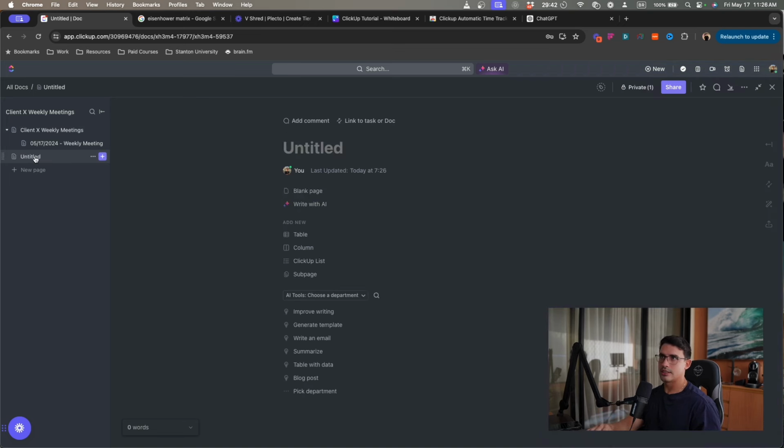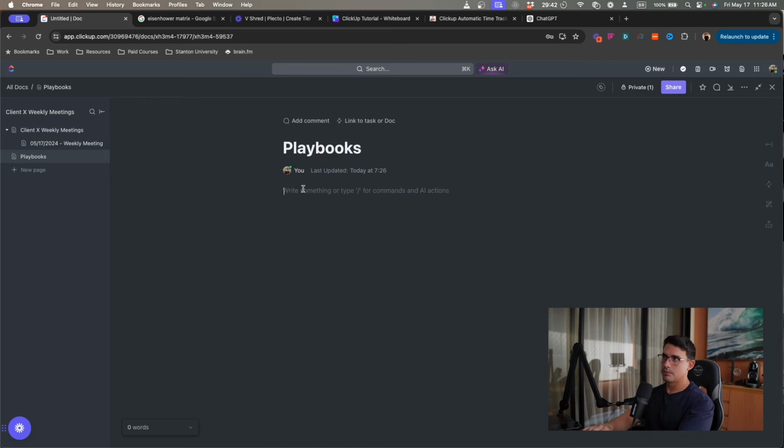Another use case is, I like creating playbooks, and playbooks allow you to better onboard people on your team. Whenever you have a playbook, you can attach it to a specific folder. Let's say, for example, you have a marketing folder that is creating ad campaigns. You can create a campaign creation playbook and then add all the information there. So whenever you're hiring a media buyer, they can know what the best performing campaigns and headlines were, how you scale campaigns, etc.